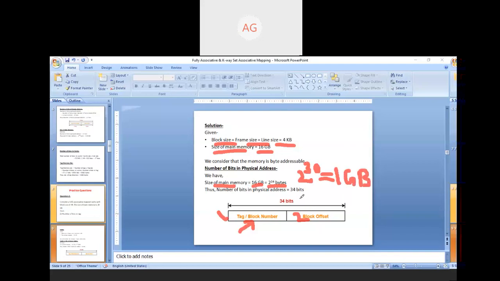So out of 2 to the power 34, 2 to the power 30 is consumed in converting into 1 GB. How much is left? Only 2 to the power 4 is left, and 2 to the power 4 is 16. So it means 16 GB is basically 2 to the power 34 bytes. Whatever is in the powers of 2, that many bits are there in the address. So 34 is the power of 2, which means the number of bits in the physical address is 34 bits. You can draw this 34 bits in the diagram.